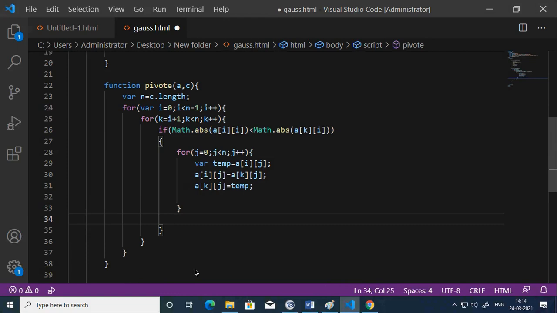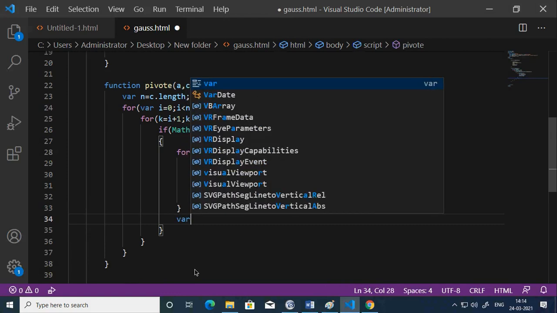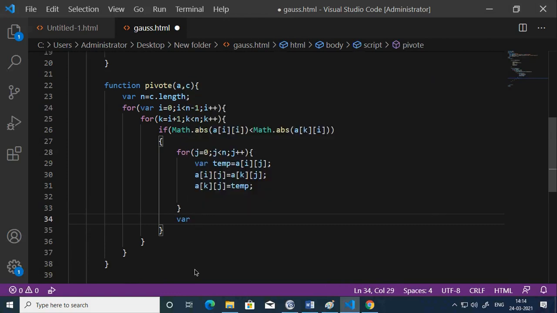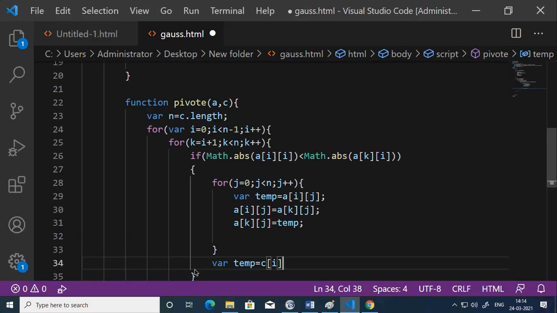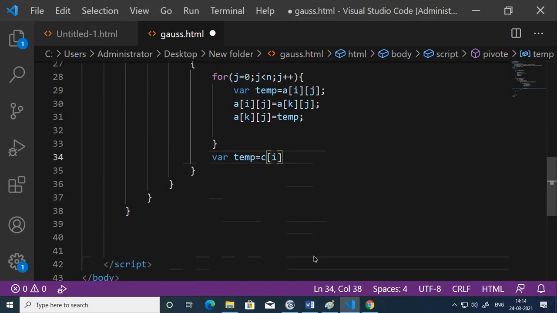Now it's time to change the constant. So for the constant matrix, again I use temp equal to C of i. C of i means C0 because i is 0.